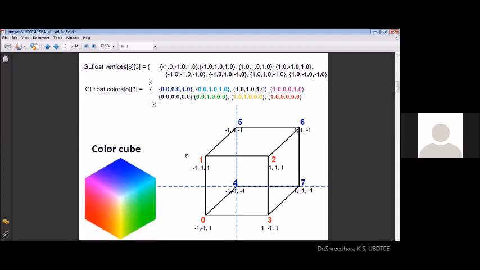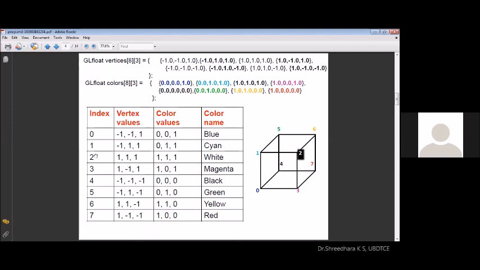So now we have to identify which are the faces which are inward and which are the faces which are outward. So you have to identify this while modeling. I think this vertex values correspond to index 0, 1, 2, 3, 4, 5, 6, 7. Clearly, try to take care of the index values, vertex values, and corresponding color values, and this is our own understanding of these values with respect to the corresponding color values. So this is the representation of this data structure. Once this data structure is under your control, now you can tackle the remaining parts.